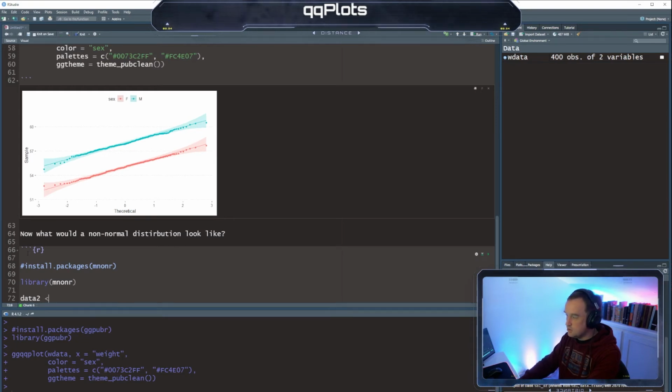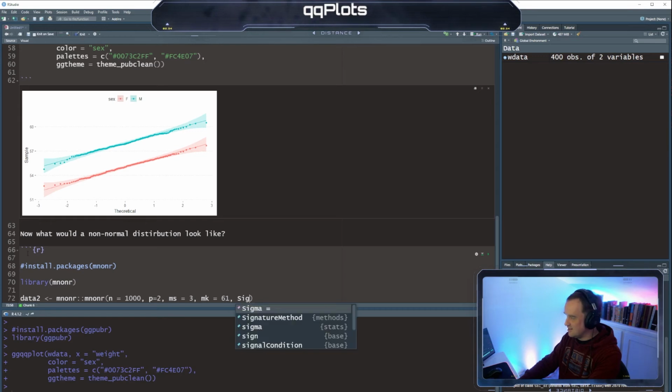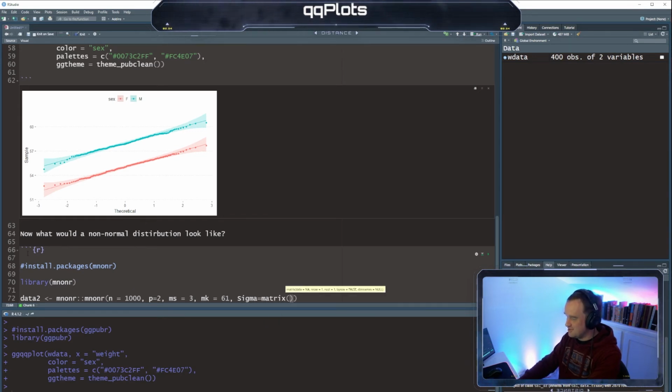And our data 2, we're going to call it, is mnormt after the colon. Our number, we're going to have 1,000. P equals 2, so we're going to create 2 different distributions. We're only going to use one. MS equals 3. MK equals 61. You don't have to worry about this. It's just some of the variables I found to make a very good